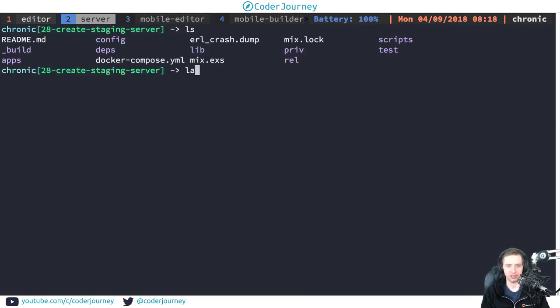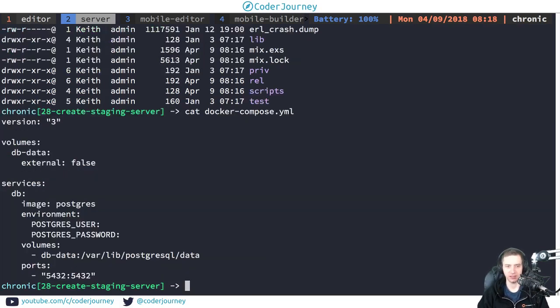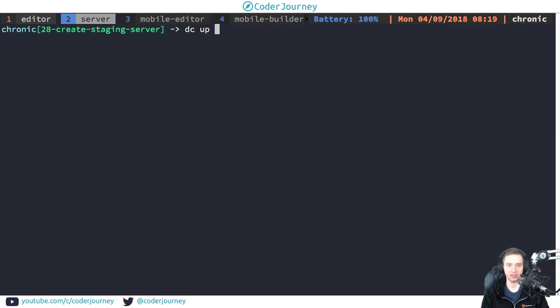This project, if we take a look at it, we're using Docker Compose to run our database. Basically, that's pretty much all it's there for. It's just to run the database so I don't have to run it on my Mac itself. I haven't gotten to the point where I want to run Elixir inside of a container because sometimes the code reloading doesn't quite work out the way I expect it to, and that is such a pain when you're actively developing something. So if we start this,